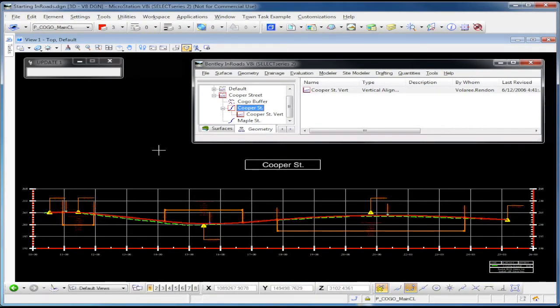So now we have created a profile, viewed the existing surface on that profile, also viewed the vertical alignment on that profile, and now we've annotated that profile. Lastly, before we move on to cross sections, I'd like to show you how to find some of the information